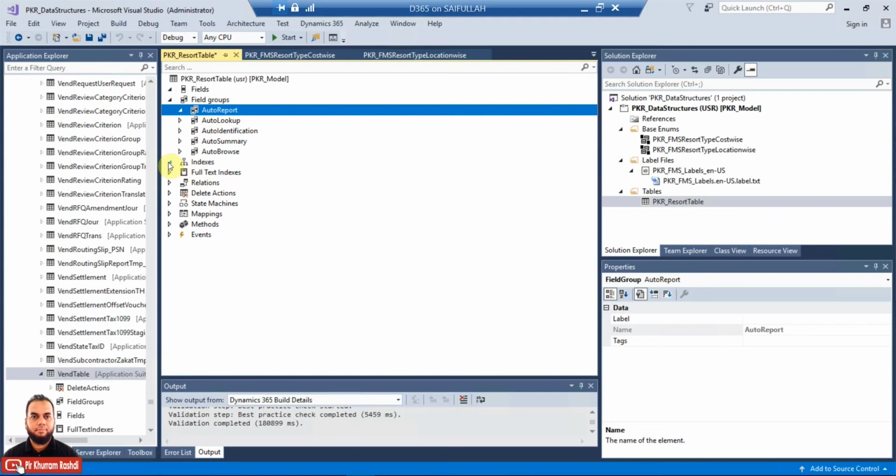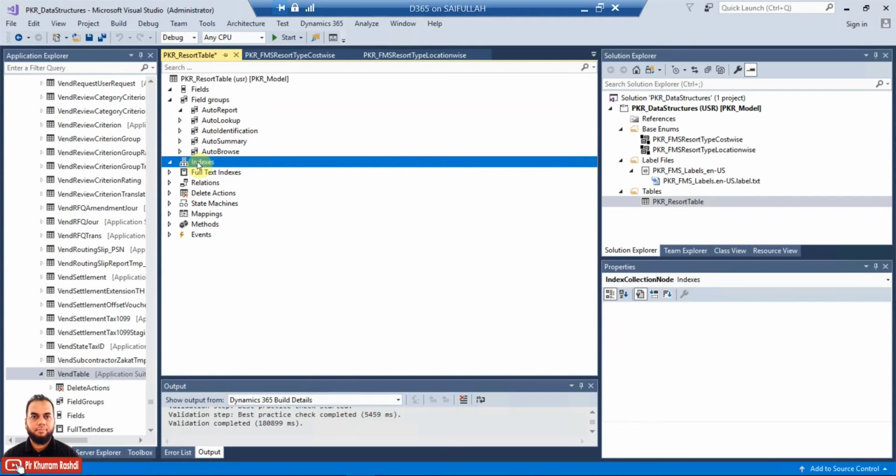Then there are indexes which you can create in order to sort the records in the table. It needs to be very selective, because if you include every field, it will be very costly and hit the performance. While retrieving, definitely it will help, but while inserting a record, it will have to find its place, and if the table is a huge table with millions of records, it will be very costly. So it needs to be a very careful decision whenever an index is created.